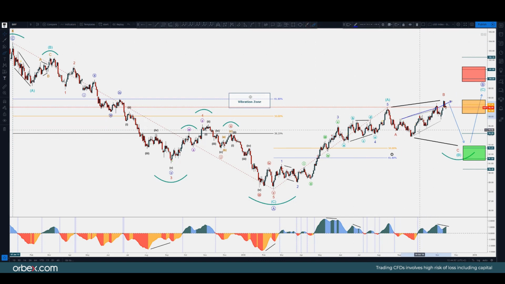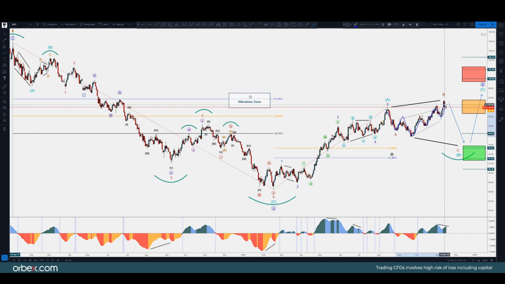Notice this rising wedge right there. I call it an ending diagonal because it is an Elliott wave pattern. So basically the way I'm looking at things is this being the first leg, either this or the entire thing, right? So either this like an A and then a corrective structure. However, I like to keep it like this, A and then an A, B, and then 1 2 3 4 5 for the upside,